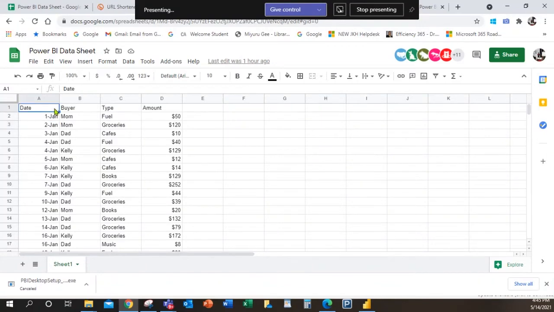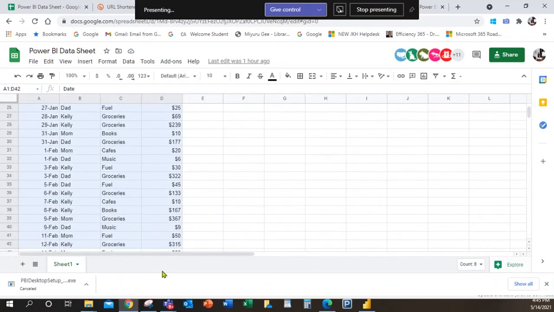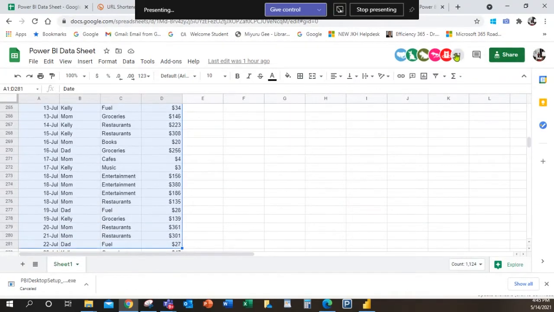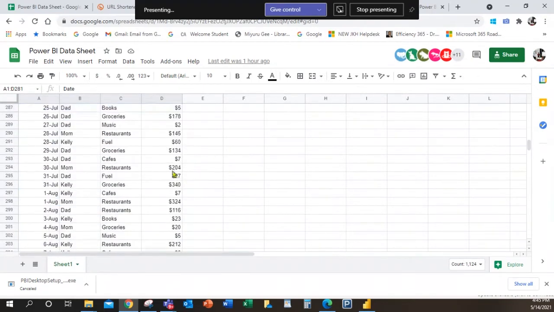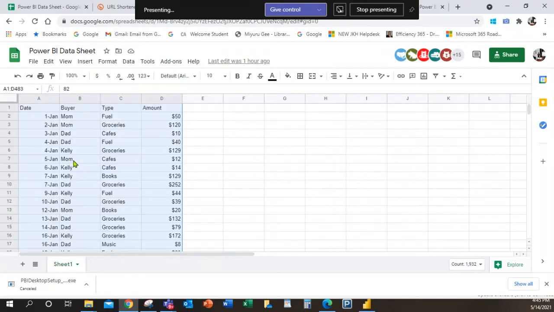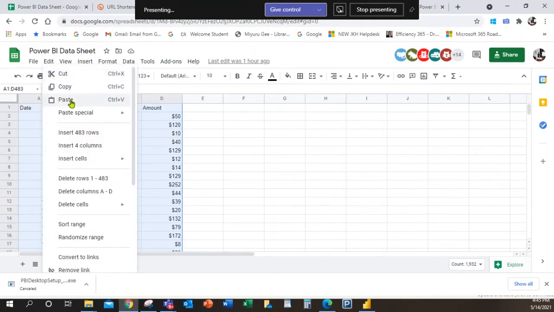Now I am going to copy this sheet. Okay, please copy the whole table. Then only you can have the data from January to December. Right click and copy.